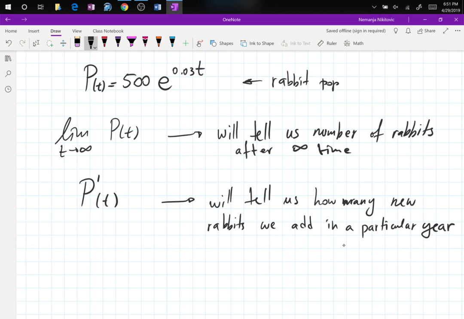So it's the rate of change. If your t is, let's say, 2019, then if your t is 2019, that means,